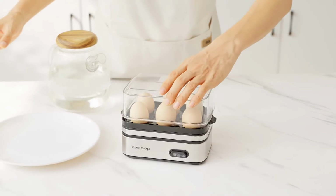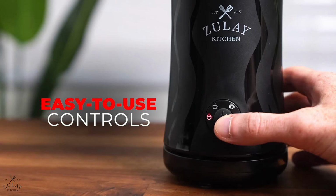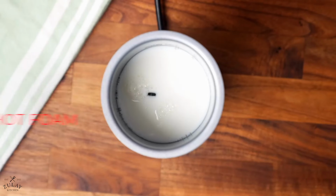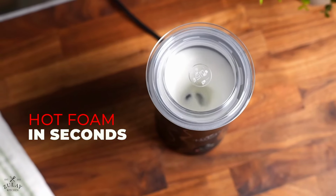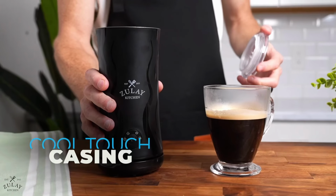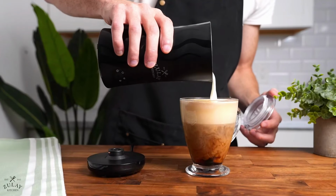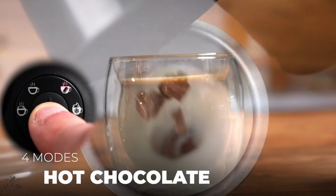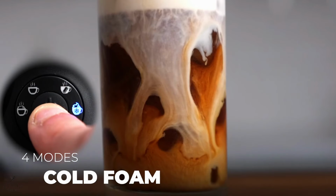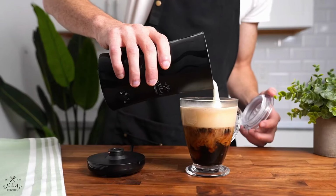day of the week. Upgrade your coffee routine with this 4-in-1 milk frother and steamer, offering hot froth, cold foam, hot milk, and even a hot chocolate mode, all in one compact device. Made with durable stainless steel, it heats and froths milk quickly and quietly, delivering creamy textures for lattes, cappuccinos, and chilled drinks alike. Whether you're sipping on a morning latte or winding down with hot cocoa, this frother brings barista-level